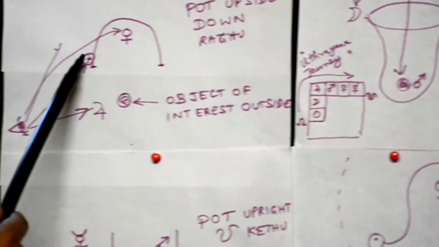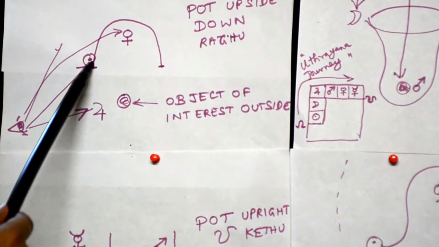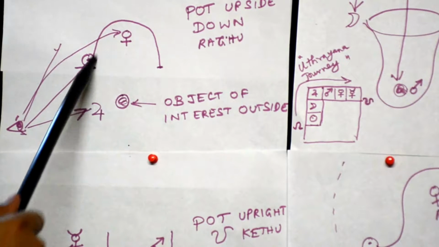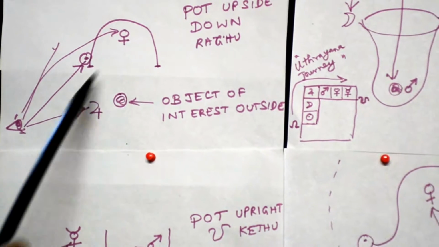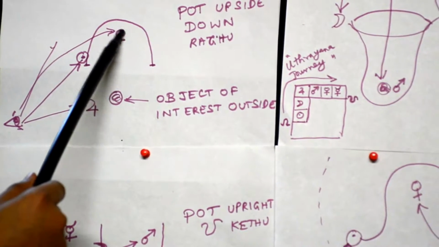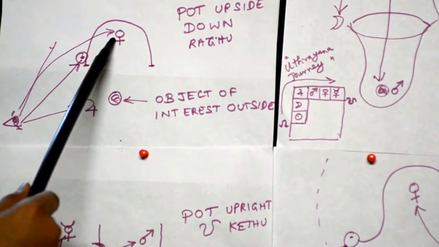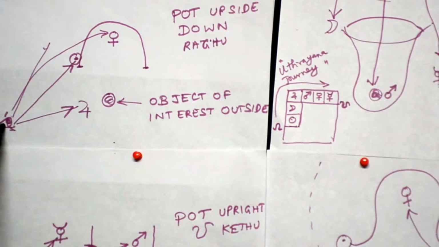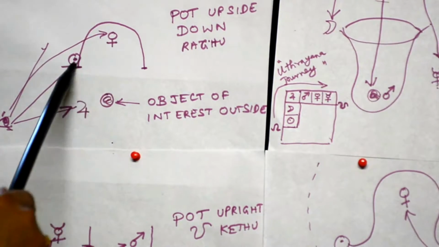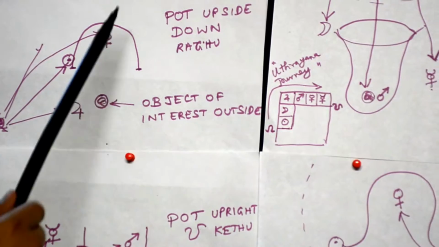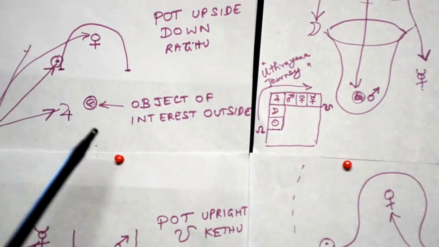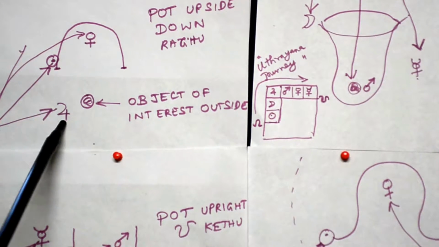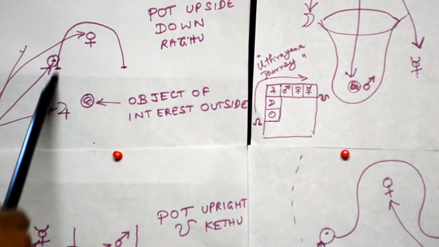Now this symbol, the circle with a dot, means Sun. It means that the observer is seeing the boundary of a part which is upside down. And this symbol means Venus, the one above the cross. Venus means the observer is actually seeing inside the part which is upside down. So there are actually 4 different perspectives: inside the part, boundary of the part, outside the part, and the state of the part.